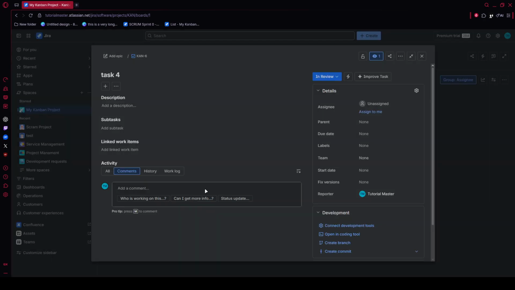If you prefer working faster from the keyboard, there's also a shortcut. With the issue open and no text field selected, press the W key. Jira will open the same log work window without requiring you to click anything, which can be especially useful if